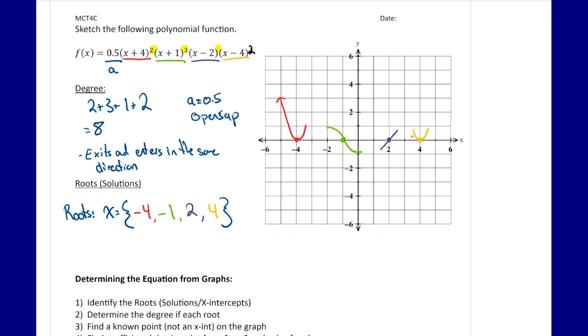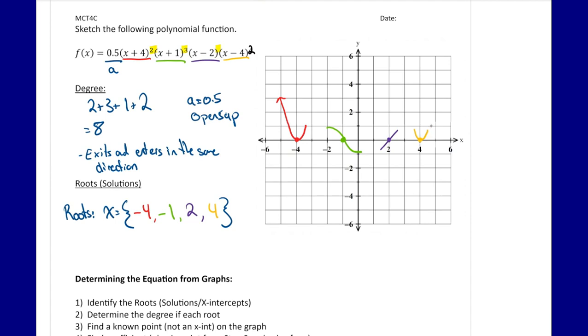Again, the reason it's like this and not something like this where it opens down is because there's no way for this line to come back down and around without crossing the x-intercept or the x-axis, but nothing has indicated to us that it crosses anywhere else. And we see by the factors or the roots that these are the only 4 spots where it crosses the x-axis. So I'm going to draw it something